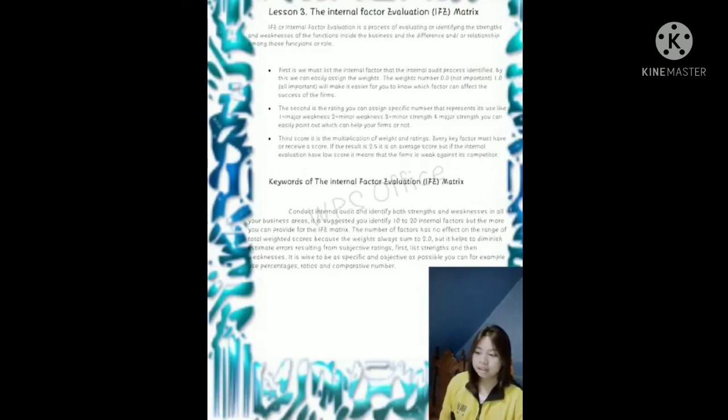Third, the score is the multiplication of weight and rating. Every key factor must receive a score. If the result is 2.5, it is an average score, but if the internal evaluation has a low score, it means that the firm is weak against its competitors. These are the key points of the Internal Factor Evaluation or IFE matrix. Conduct an internal audit and identify both strengths and weaknesses in all your business areas. It is suggested you identify 10 to 20 internal factors, but the more you can provide for the IFE matrix, the better. The number of factors has no effect on the range of total